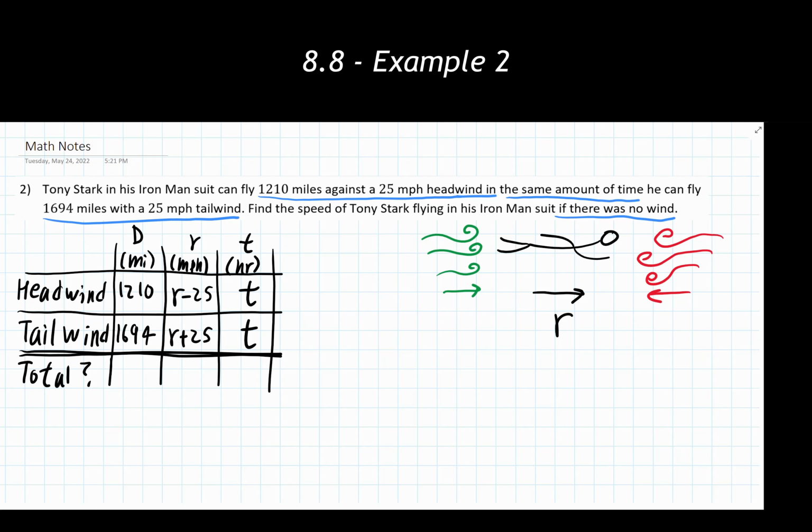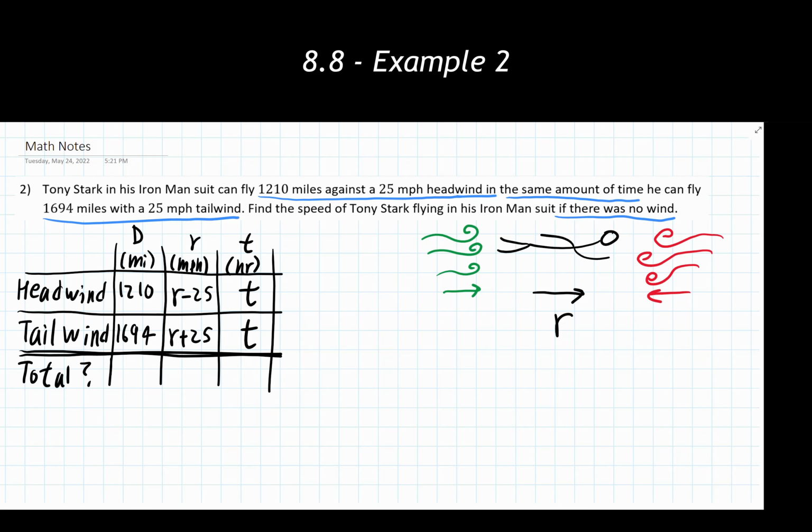You can see a similar setup with this where we have something adding to a speed or taking away from the speed in other problems where maybe you have a boat going with a current or against a current, upstream, downstream, things like that. All different ways of saying that we're going to be adding to the rate or subtracting from the rate. We also have nothing in the problem indicating a total amount of mileage is necessary. We have nothing indicating that we're going to have a total time showing up here either. So we don't really need to worry about this part of our table for now. We'd like to start off with it just to have it filled in, but it's not always necessary.